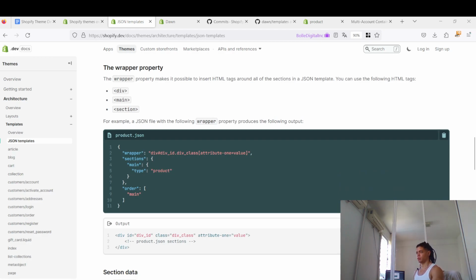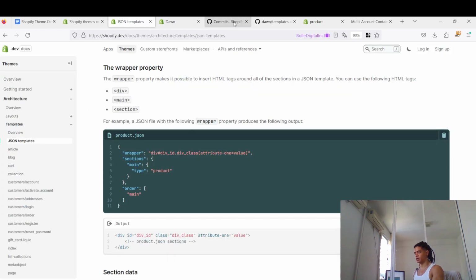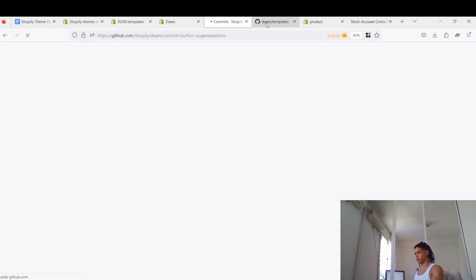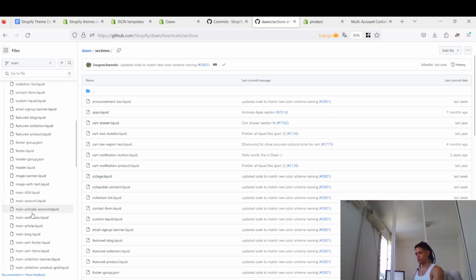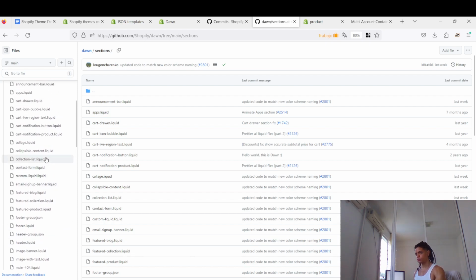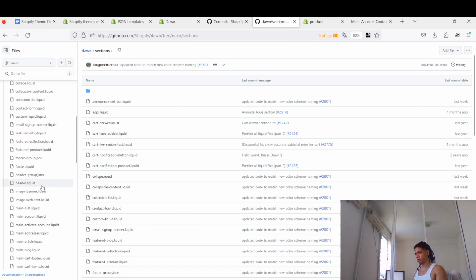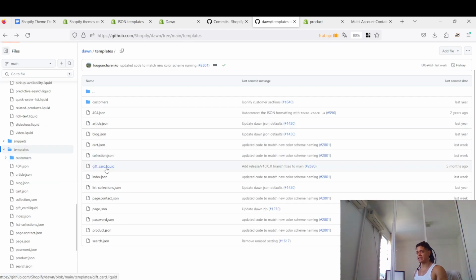So for example, if you take a look at this, the gift card must have a section called gift card. I think gift card doesn't have any header. Gift card, exactly, it's a liquid file. That's one of the reasons I don't have that. But for example,